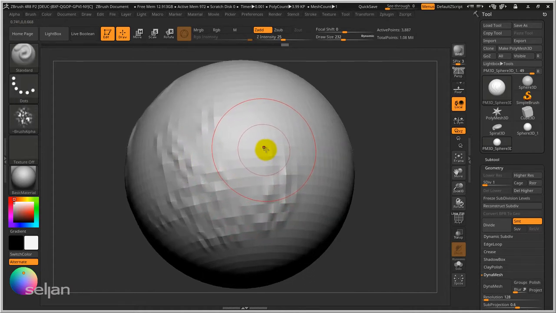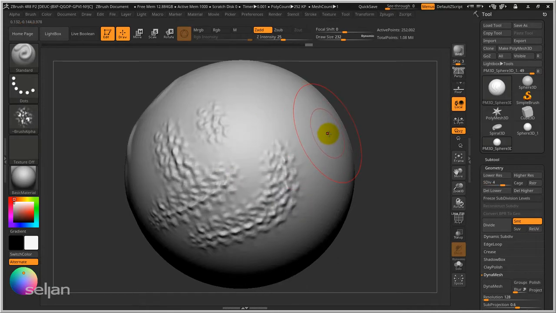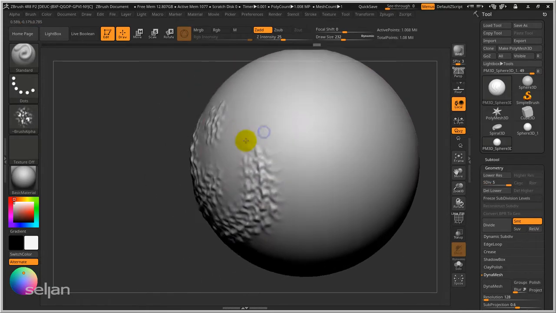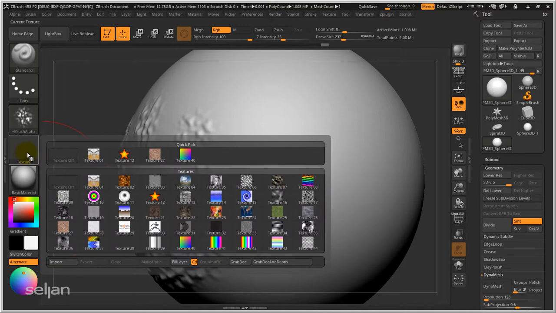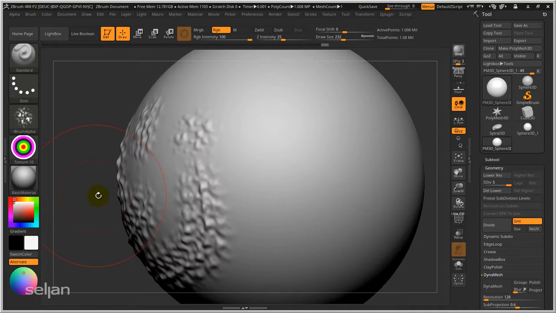So I walk up, pressing D, to the highest level, and instead of using Z Add, which will add volume to the model, I will turn this off, and I will switch on RGB and switch to a different color, or actually let me load a texture. Now this texture is quite good. Okay, so this will be fine. It's not working properly. I have to turn off the lazy mouse feature,